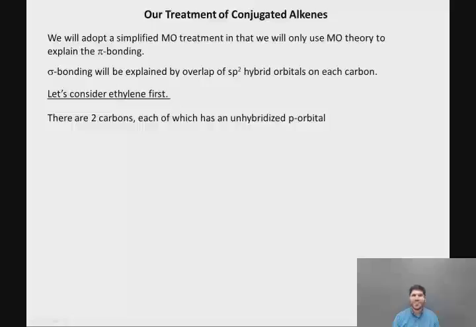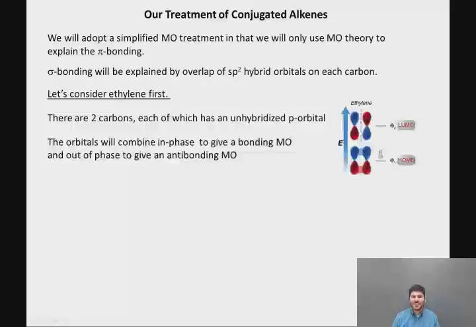So ethylene has 2 carbons, each of which has an unhybridized p orbital. If we assume sp2 hybridization for ethylene, there's an unhybridized p orbital left over on each carbon that's not part of the hybridization. So those orbitals can combine in phase, and what I mean by that is if you look at the diagram